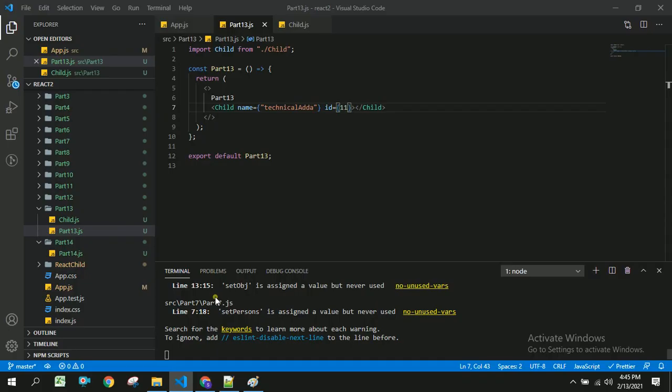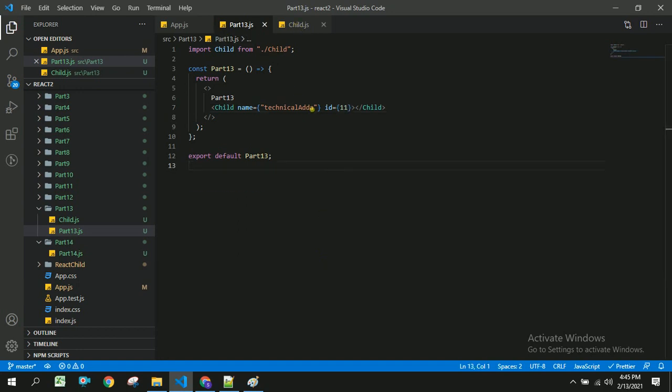Now we have to see how to define some default values when the user is not sending any id or name. Let us suppose any developer uses this Child component and sends only the name but not the id.